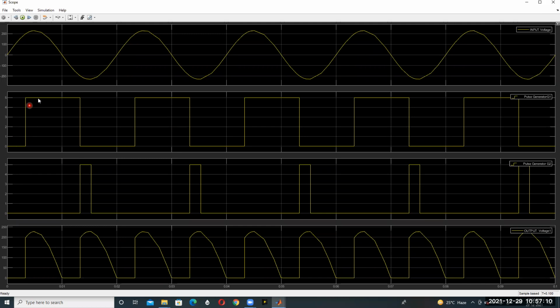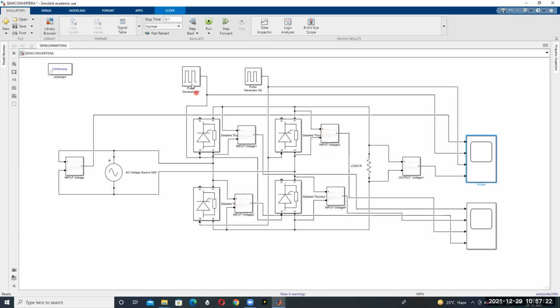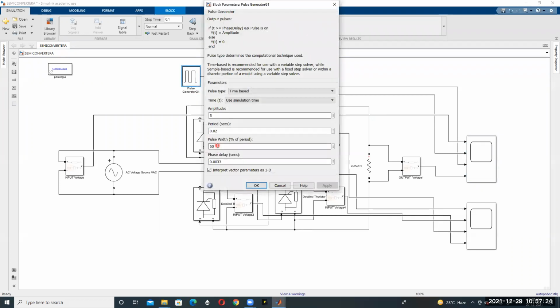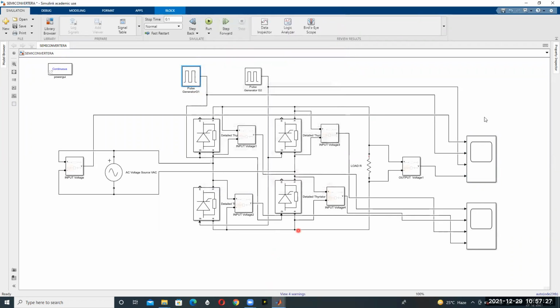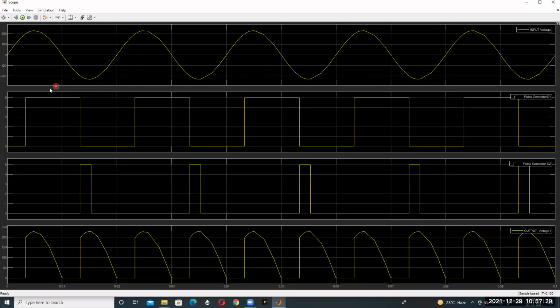This is our first thyristor triggering pulse, and here is thyristor triggering pulse 2. The pulse width here is 50%. That's why in thyristor T1 we get the pulse width like this.